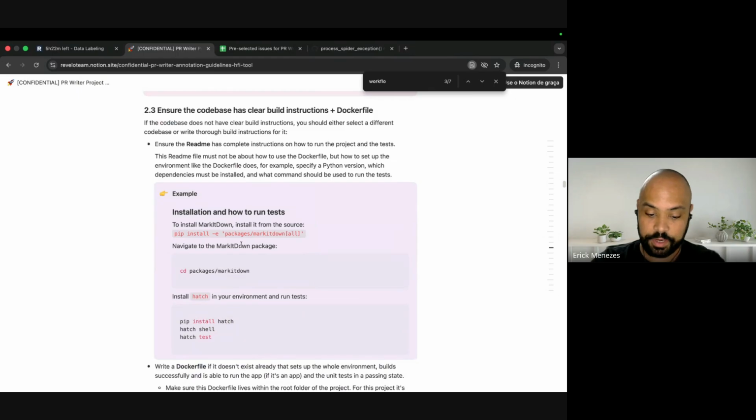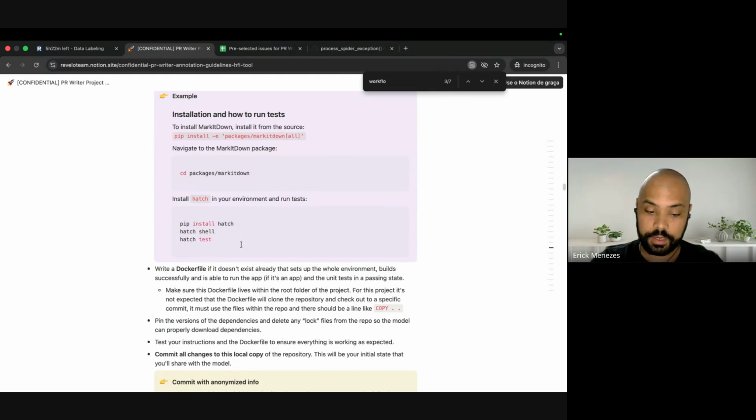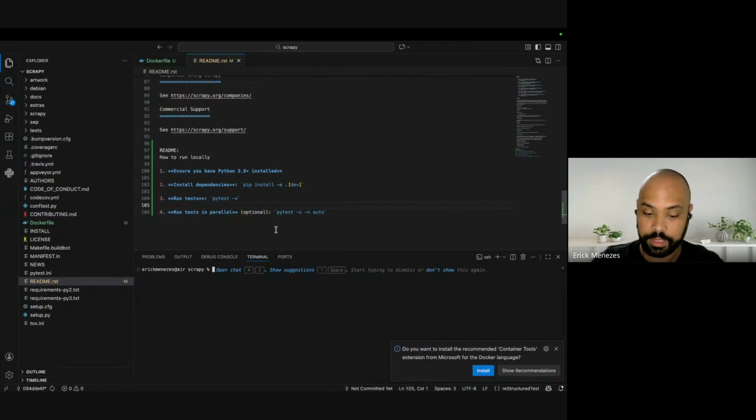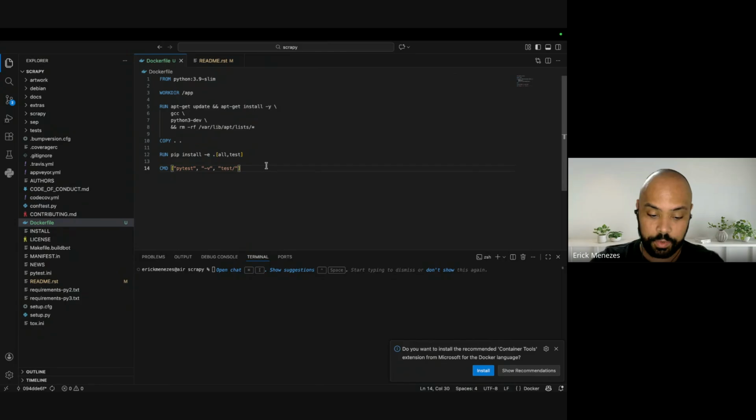And now that I have a Docker file and I have fixed the README, there's one more thing to do, that's to pin the dependencies. We have to make sure that when running Docker or anything else in the project, no libraries will be updated.